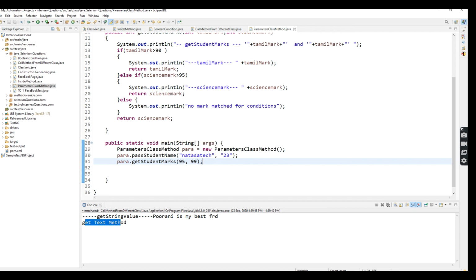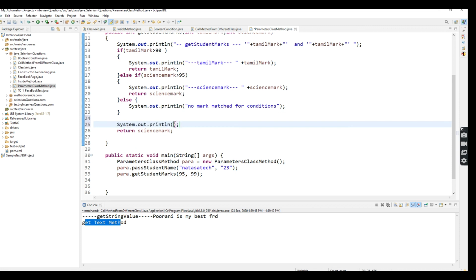Finally, I'm going to print both marks, right? So here the Tamil mark, and I'm going to print the science mark also.